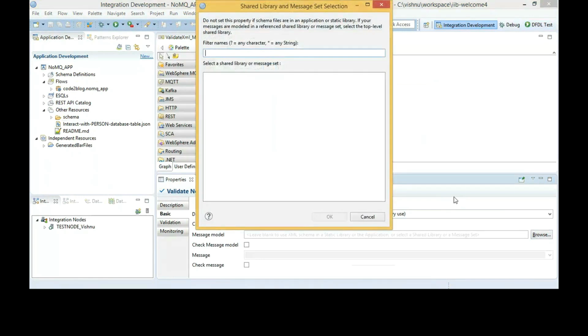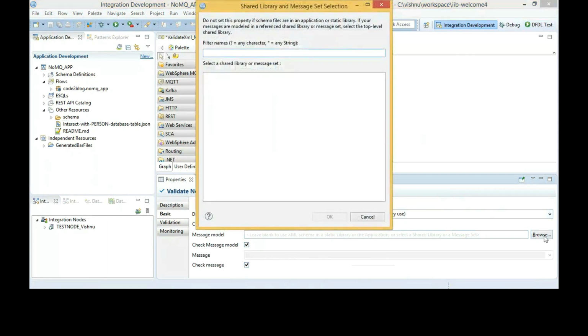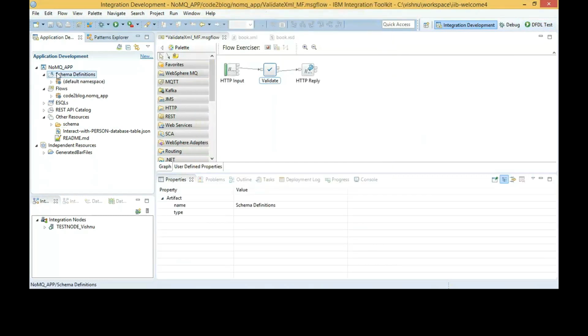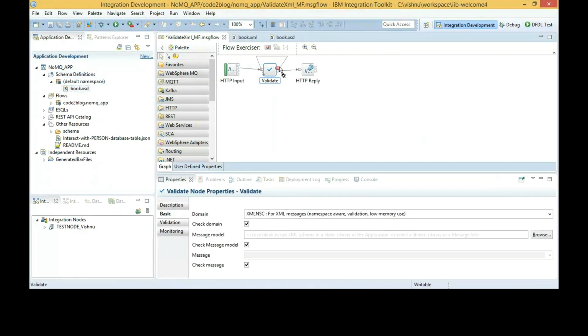When you set XML NSE domain or DFDL domain or anything else, you are not able to select the message model that we created now called book.xsd. You are not able to set that as a property on validate node.